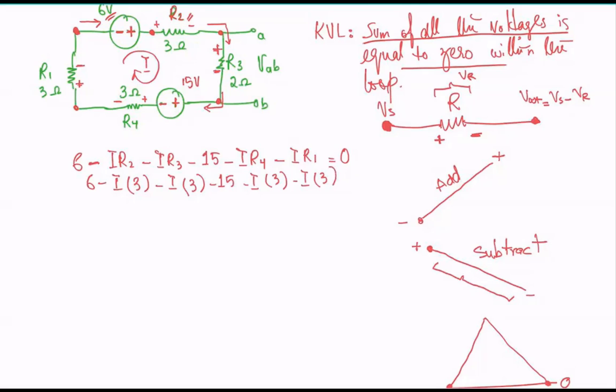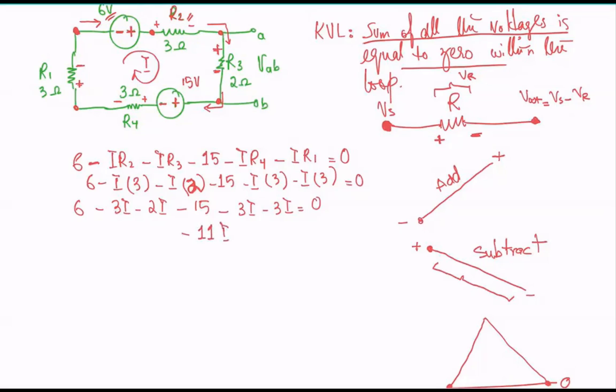Yeah, and actually R3 was 2 ohms, and R2 was 2. So equals 0. If I open this equation, I get 3I minus 2I minus 15 minus 3I minus 3I, right, equals 0. If I do the math here, minus 3 minus 2 minus 3 minus 3 is minus 11, so minus 11I,